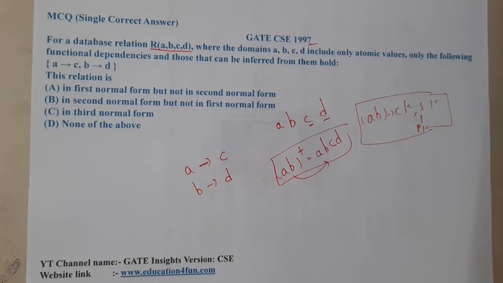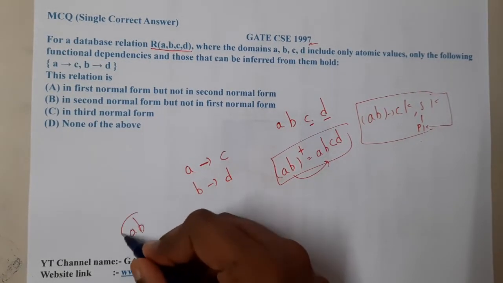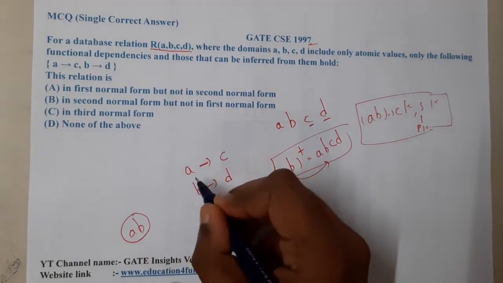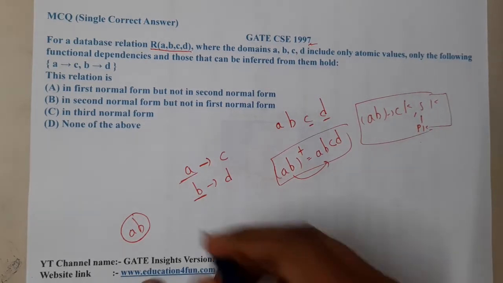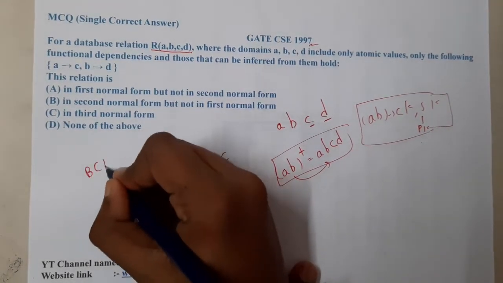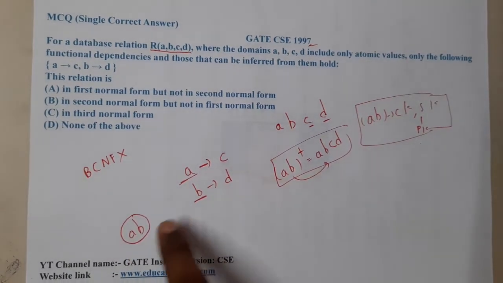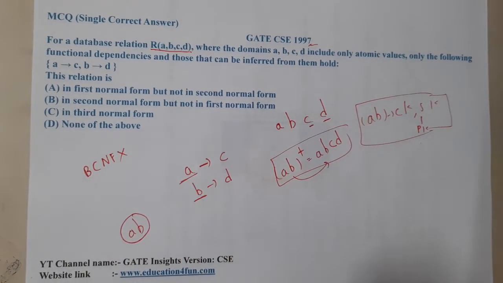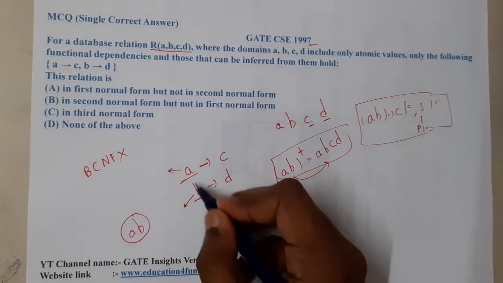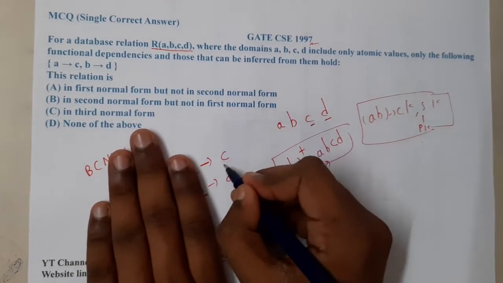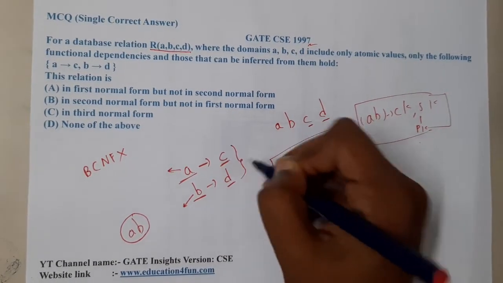So by observation, what can we say, guys? AB is the candidate key, right? Yes. Once we find the candidate key or super key, you are going to check whether A and B are candidate keys or not. No, right? With that understanding, I think we can say that this is not BCNF, right? Yes. So now moving on, A and B are a part of these two values, right? So this is a part of a key and this is a part of a key. Now once you understood that these two are part of keys, check on the right hand side. On the right hand side, these two should be prime attributes, guys.